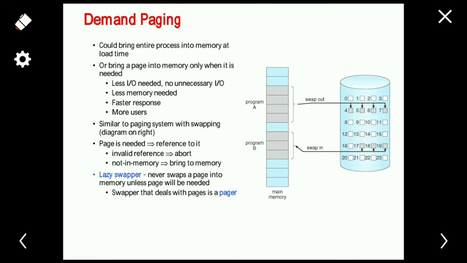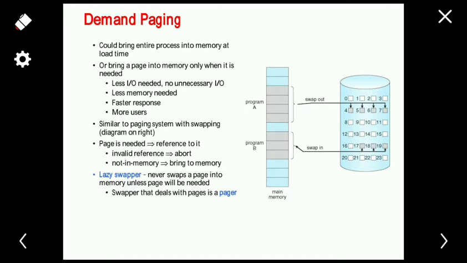So we know that the logical address space is greater than the physical address space. That means the secondary memory is always greater than the main memory. The main memory has limited space to execute the programs. Okay, so some of the programs will be waiting outside the main memory for execution. So when the main memory becomes free, then the waiting programs will enter the main memory to execute,